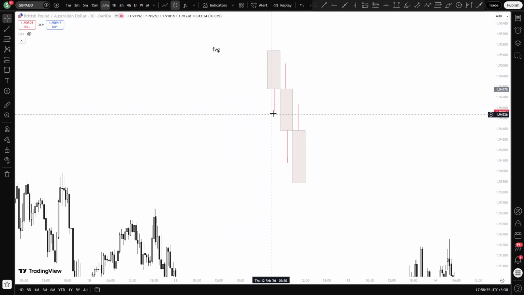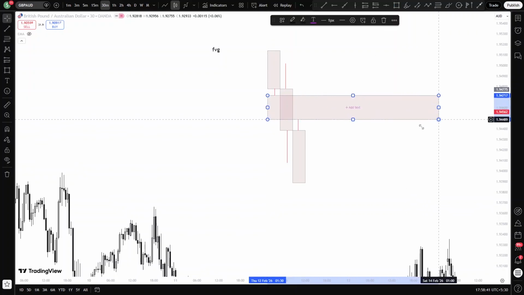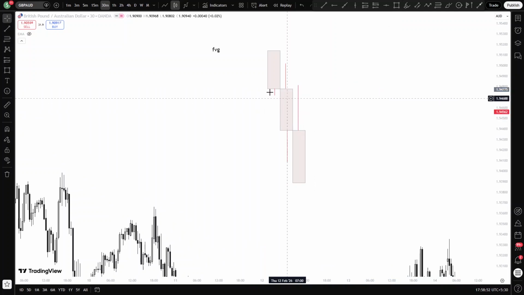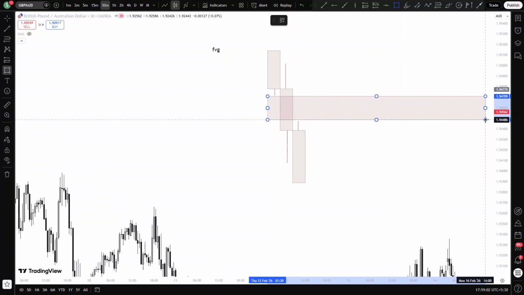But before we go to the chart, if the lowest point of this market is here and the lowest point of this wick is here, which means we have the fair value gap. So this one is going to be considered as our fair value gap. When the market closes this gap, like this wick and this wick have met, which means there is no fair value gap. But the moment we have something like this, there is a fair value gap in between